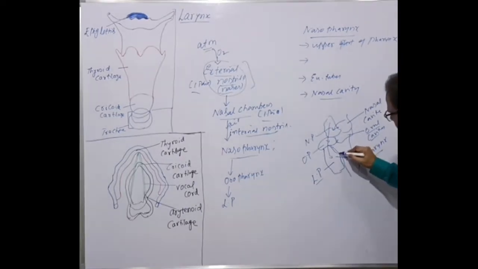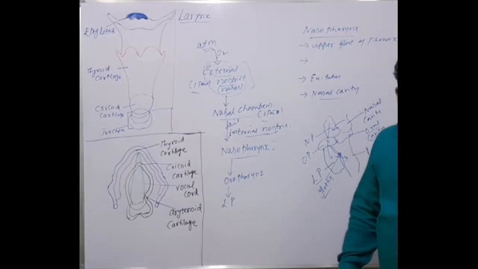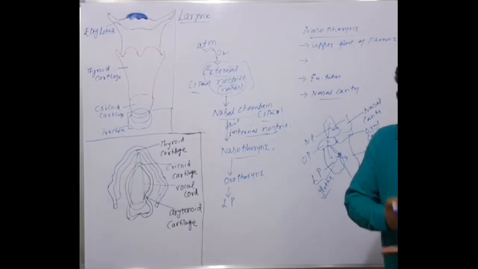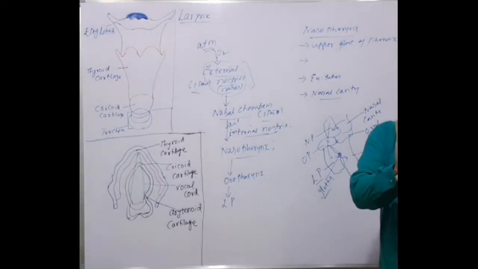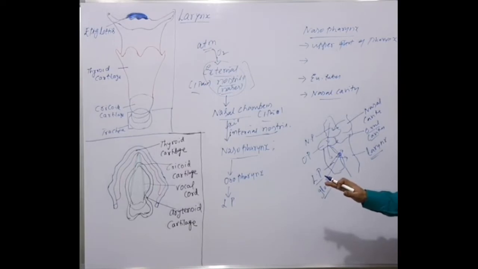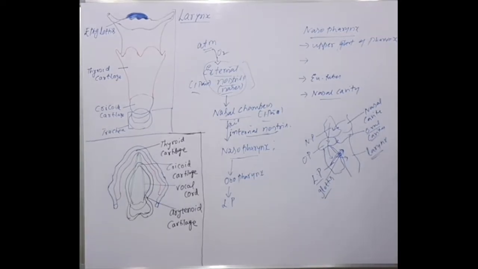How? Please see here, a small opening called the glottis is present here. And the glottis is bordered by a cartilaginous flap-like structure called the epiglottis. When the air enters, the epiglottis is open so that the air flows freely from the laryngopharynx into the larynx. There is no objection. Clear? The air enters the glottis because the epiglottis is open. So where is the air now? In the larynx, it's present here.